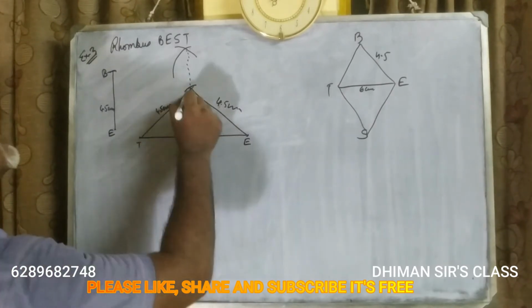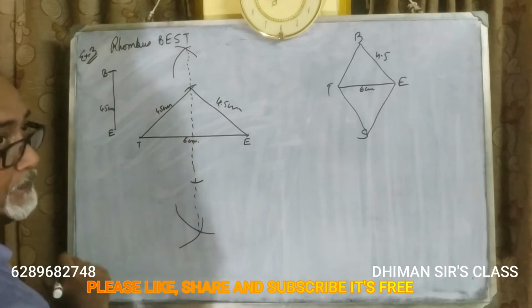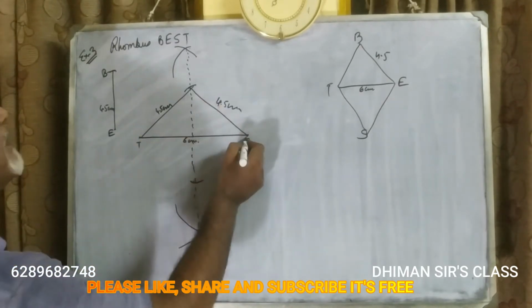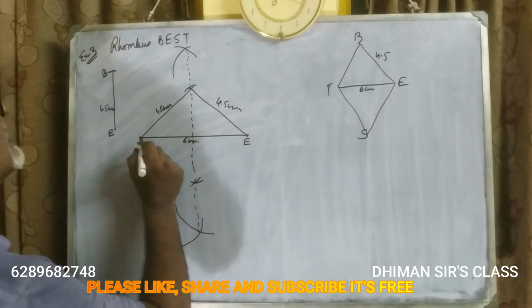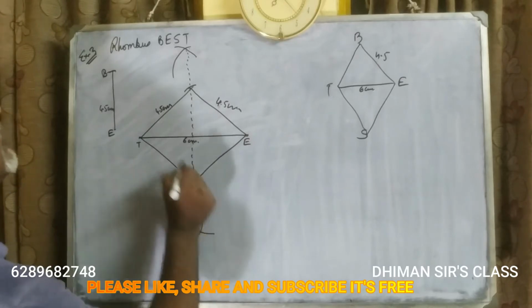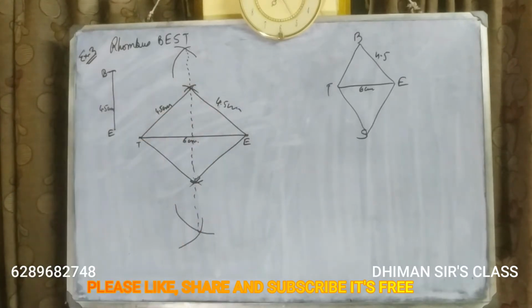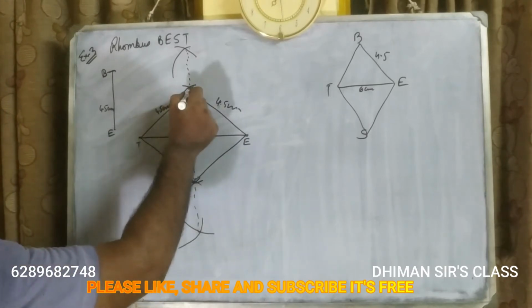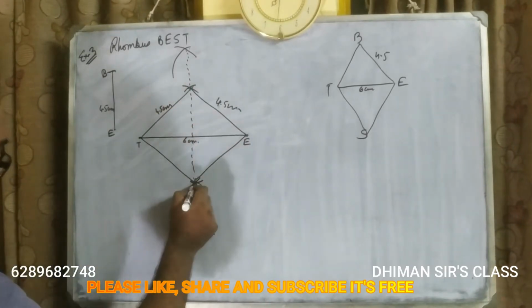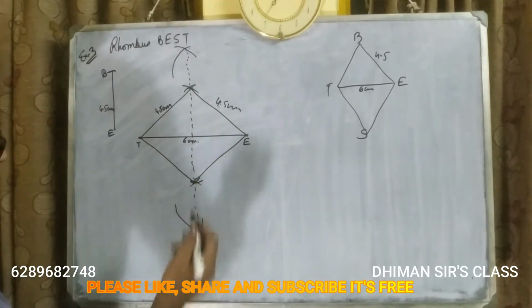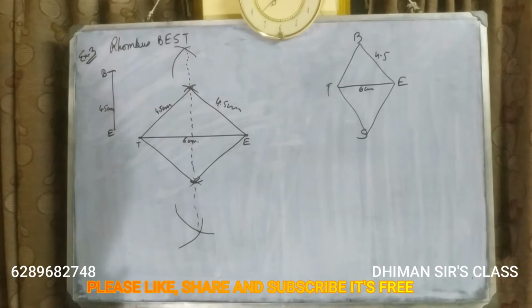And same thing here also, you will take, and now you can do another method also. You can put the needle here, take this measurement, draw an arc like this, and join these two lines. Or same 4.5, put the needle here, draw an arc, put the needle here, draw another arc, join them. You will find the same point. Okay? So, you got that rhombus.